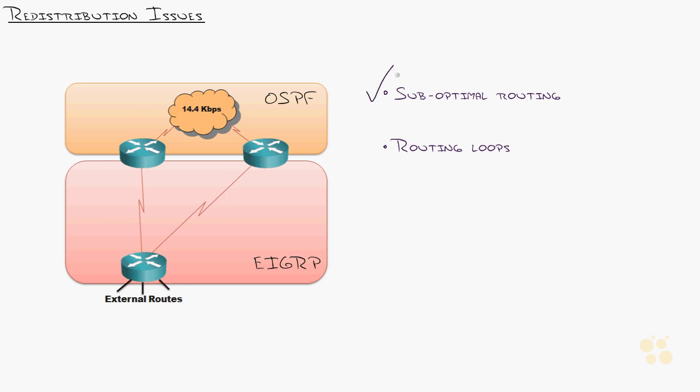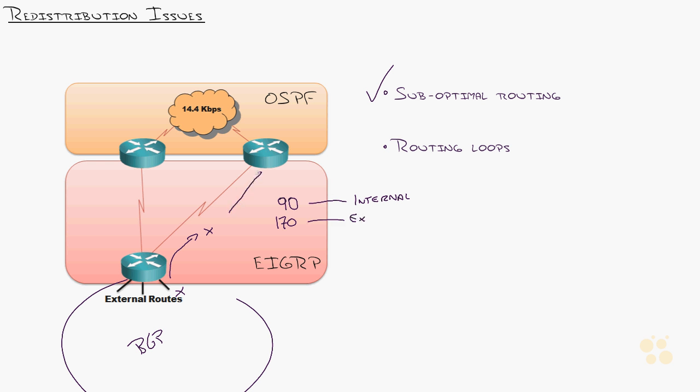Suboptimal routing can happen much easier in a redistribution case. Just case in point, again, let's just say this is network X. I redistribute network X into EIGRP. Maybe that's running BGP down here or something else, right? So I redistribute that into EIGRP. Well, EIGRP actually has two administrative distances. Remember administrative distance, how believable is the route? 90 is what everybody knows for EIGRP. That is for internal EIGRP routes that are used inside of the system. Ones that have been redistributed is actually 170. That's an external EIGRP route.